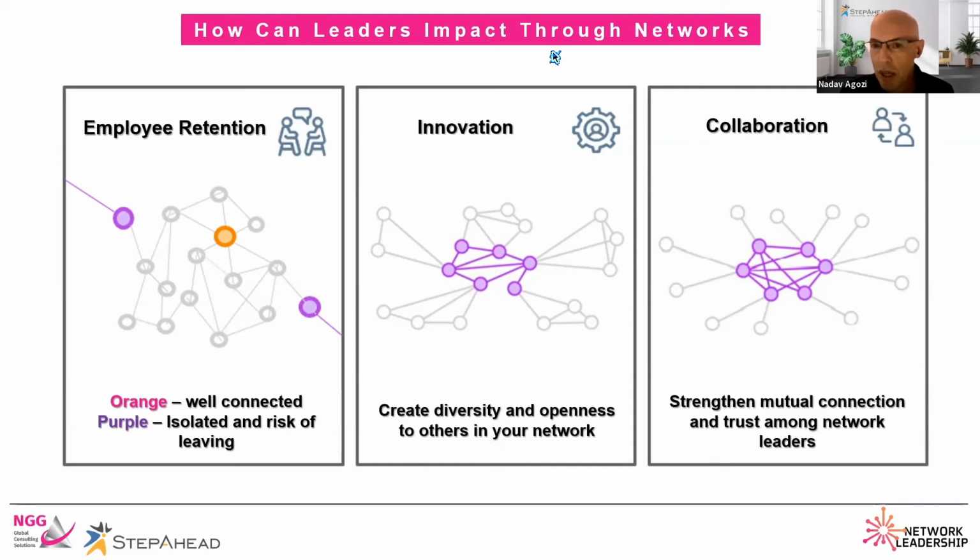We can see patterns of innovation, which means that there is diversity. There is enough openness in this purple department to talk to other departments, because we see that all these people, all these purple colors, have connection with different departments. And this is, again, you've all talked about the value of diversity in networks. It allows them to bring new ideas. Not all of us say the same, yes, we agree, yes, we agree. Someone else is coming in and says, listen, I see it differently. This generates innovation. So leaders can use maps to really make an impact.